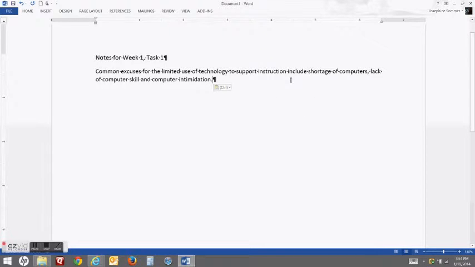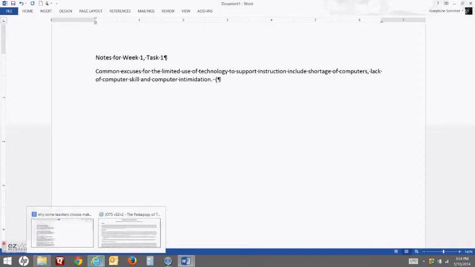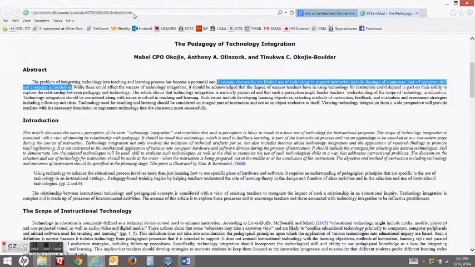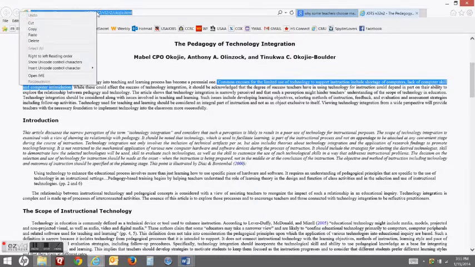Okay, and then I also want to know where I got it from. So I'll hit parenthesis. Oh, hitting the wrong keys. Hit parentheses, and then I will go to the website that I found it at, and I'll copy the website.